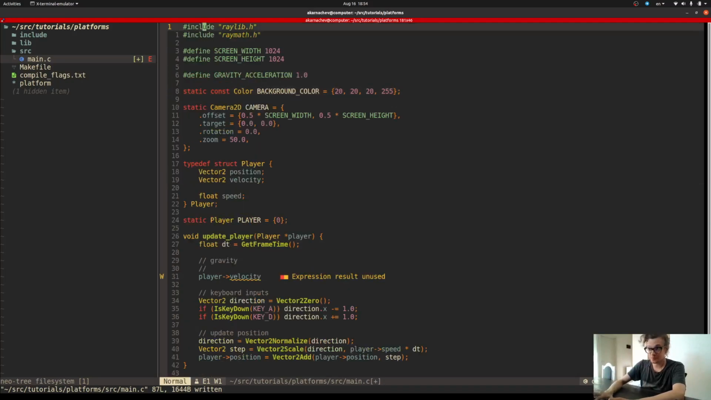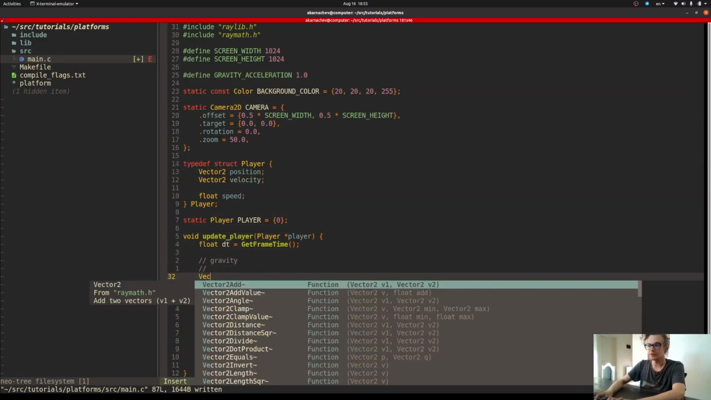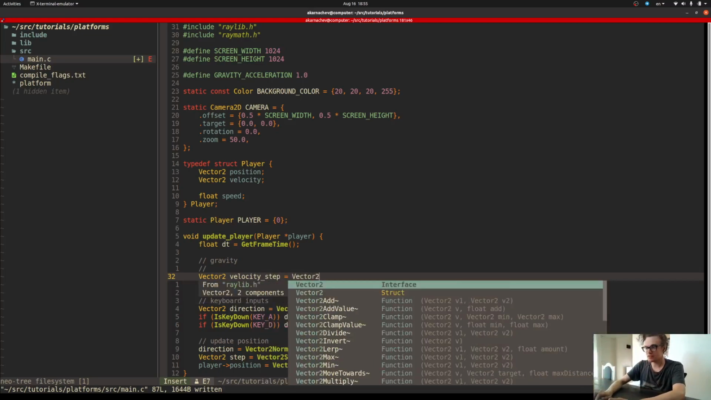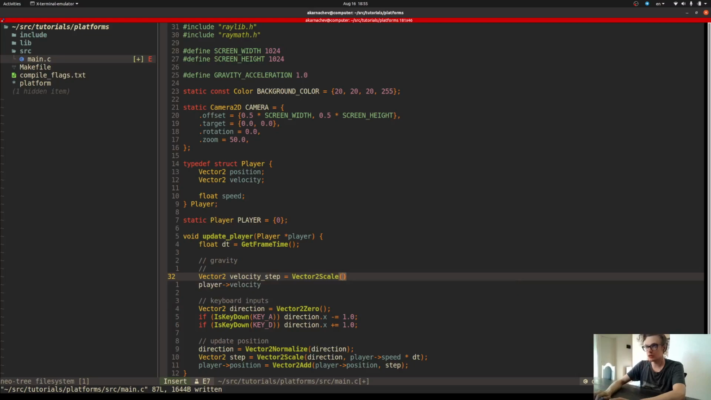Gravity, we measure the gravity in, let's say, meters per second squared, meters per second per second. So it's basically the rate of change of the velocity. So let's change the velocity by this rate. Velocity, let's say vector 2 velocity step. So basically the change of the velocity step. Vector 2 scale, velocity step. Well, actually gravity